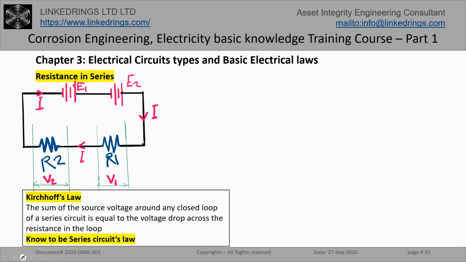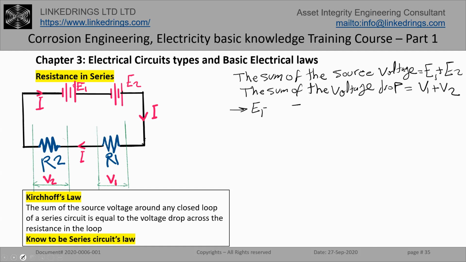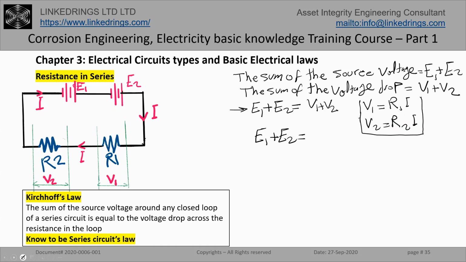Kirchhoff's law is known as the series circuit law. So let's apply Kirchhoff's law here. E1 plus E2 equals V1 plus V2. And V1 equals R1 I, V2 equals R2 I. That means E1 plus E2 equals R1 I plus R2 I, which is I times R1 plus